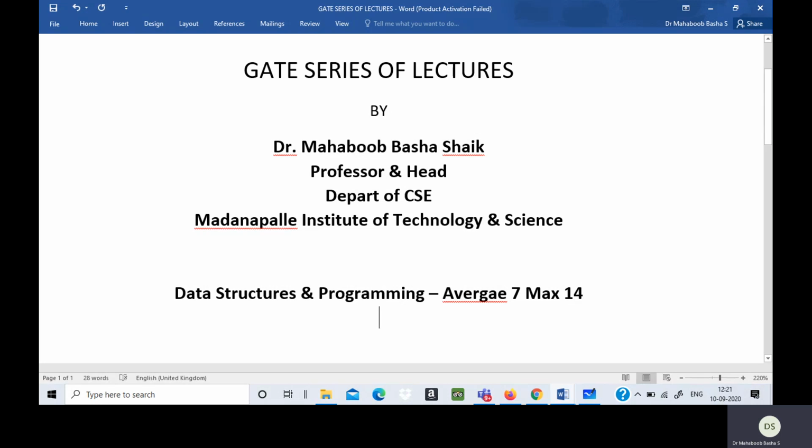When you take the programming alone, I'm trying to cover the topics. In 2020, there are three questions only on C. In 2019, there are nearly seven questions on C. We'll see all those questions. In 2018, nearly five questions. So this is the weightage of data structures and programming, because there are huge topics. I want to start with